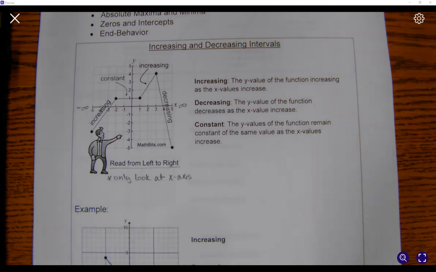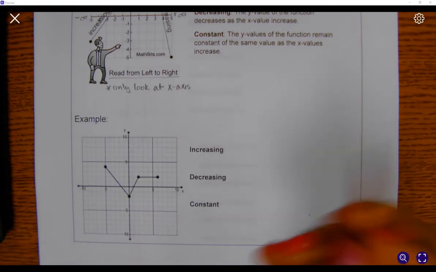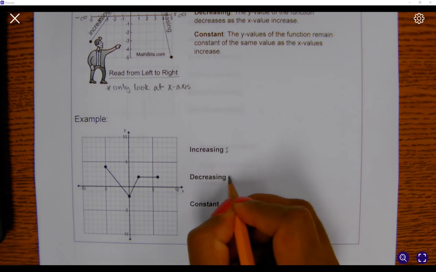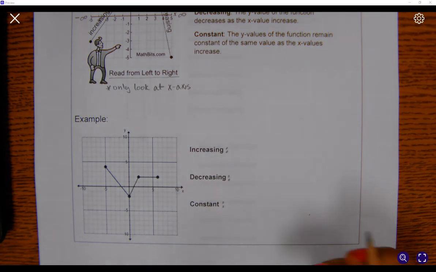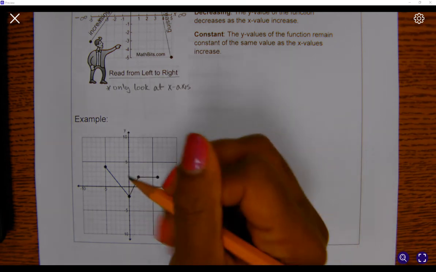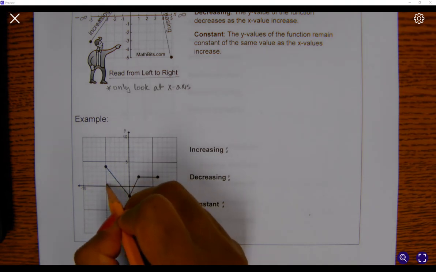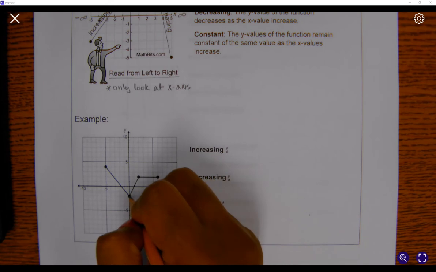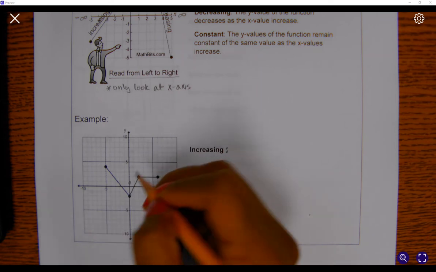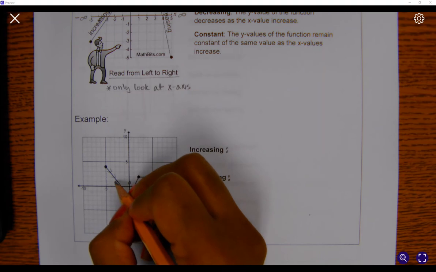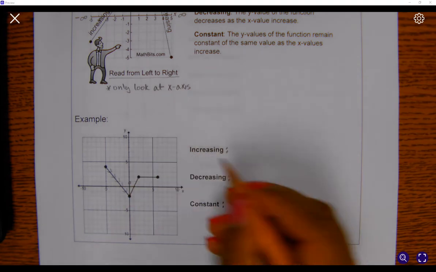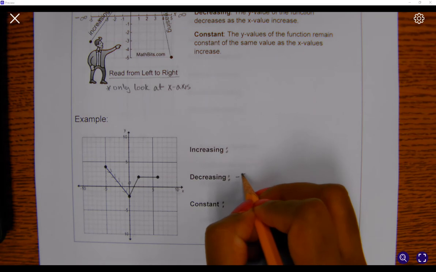You can read those, but let's go ahead and try this example here. We want to know where the graph is increasing, where the graph is decreasing, where the graph is constant, and we're going to use interval notation. So we're going to start from the left side. There's nothing here, but over here we see it starts at -5, and then until here. There's something going on between -5 and x equals 0. Well, the function is decreasing here. It's going down. So we say the function is decreasing from -5